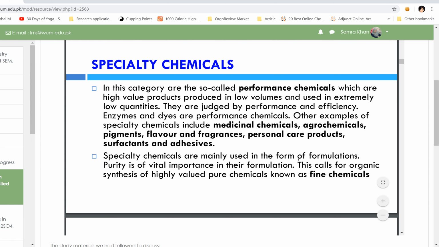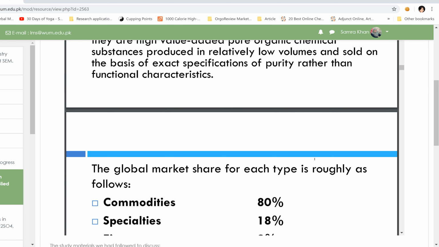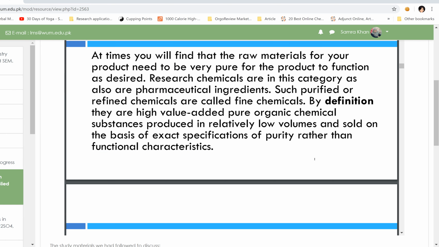So fine chemicals. Fine chemical is a very peculiar type. Those are very specific chemicals which are only used in very minute quantities. Let's suppose there are certain chemicals that are used for rocket manufacturing, such as the specific fuel of octane. There is a certain percentage, but this is quite specific for that industry, and that is where the fine chemicals would come in.